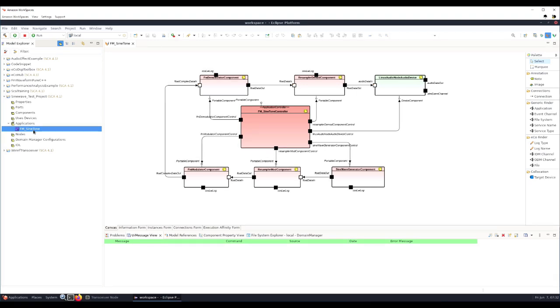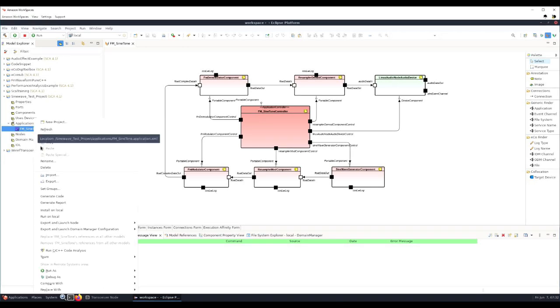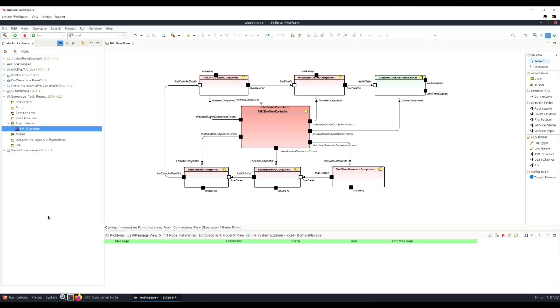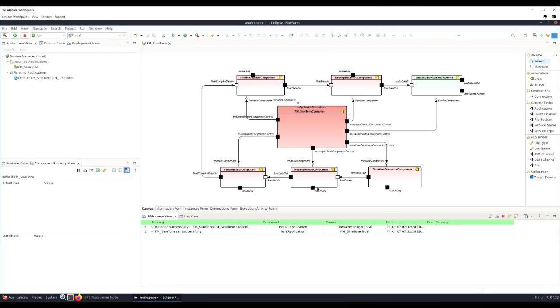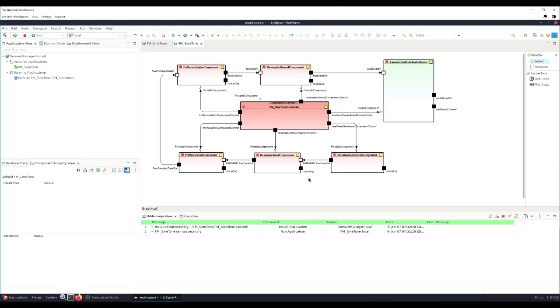Let's now install this newly created application on the computer processor and run it to hear the tone. In Architect, we right-click on the application and select Run on Local, meaning running on the local computer. We could have asked it to run the application on an external platform, but here we keep it simple. From Architect, the suite now switches to Inspector view, the Viavi SCA tool for platform monitoring and introspection. You can now see that all components have been installed and are ready. The red dot on each one of them indicates that they are in stop mode. So let's start them.